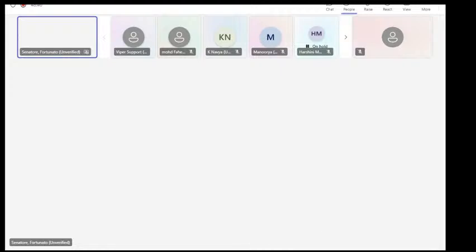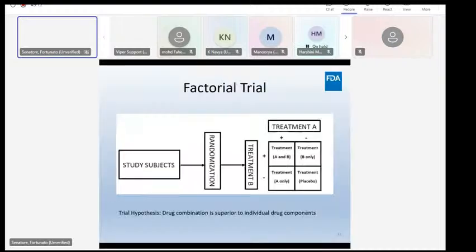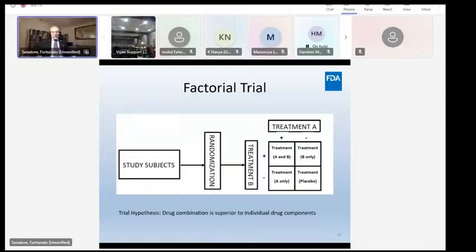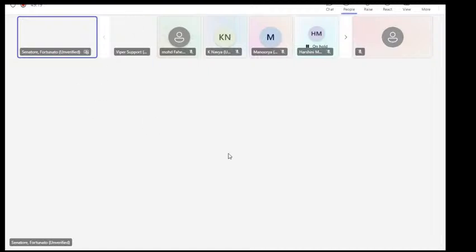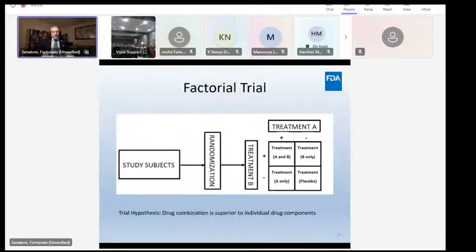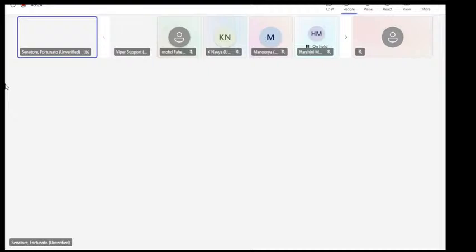Only, and one is placebo. The reason why one would do this sort of a trial is to test whether or not a drug combination is superior to individual drug components. Now you have the crossover trial. This is a trial where patients are randomized to treatment A versus treatment B,